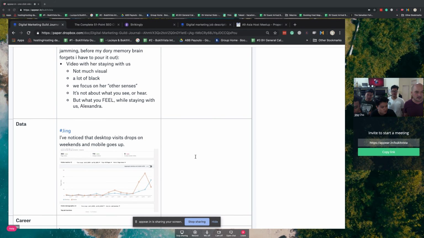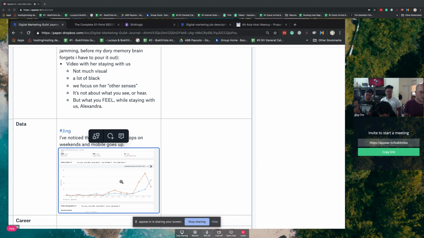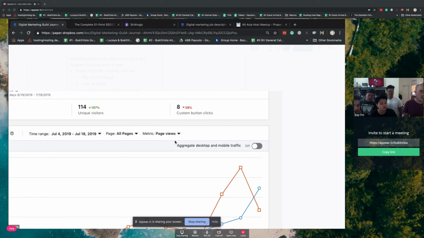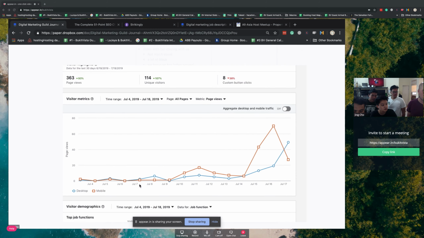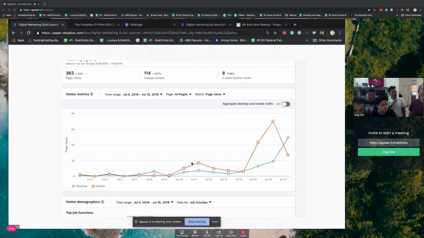So this I brought in. This is fairly interesting. This is from LinkedIn. If we can click on the photo, we'll bring it up to full screen. And this is fascinating, ladies and gentlemen. So this shows, red line shows the desktop engagements, blue line shows mobile engagements. Do you see what happens on